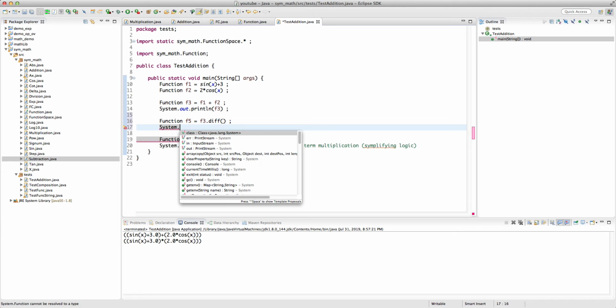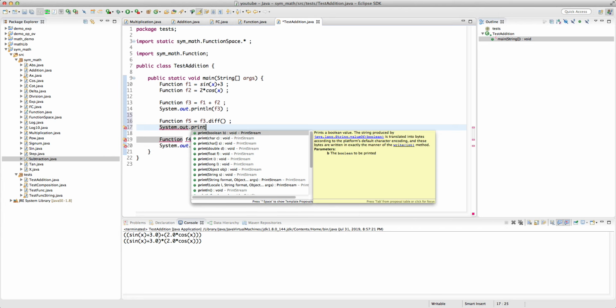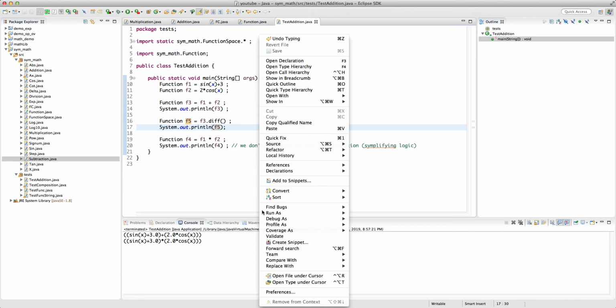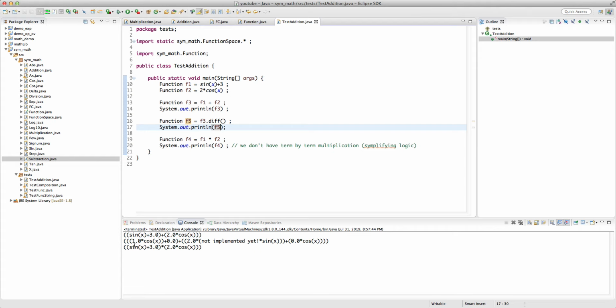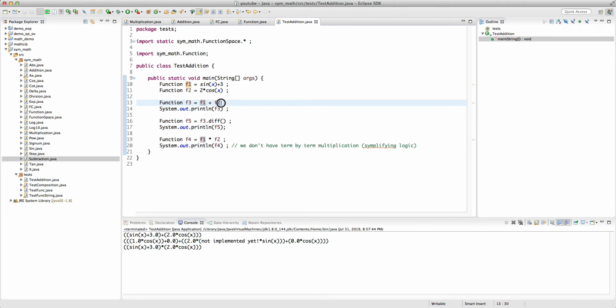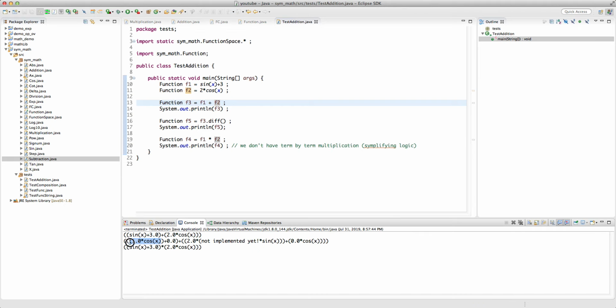So diff of plus and multiplication also involves plus and multiplication, so our string method should work. And you see there is one thing here that says not implemented yet. So f1 plus f2. f1 plus f2, we should end up with the cosine, okay,